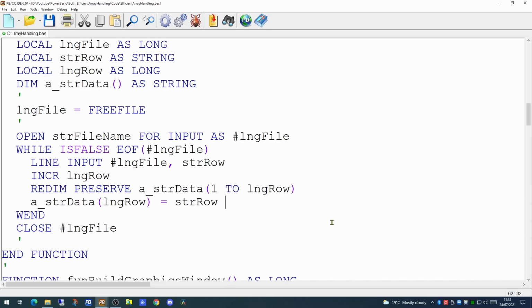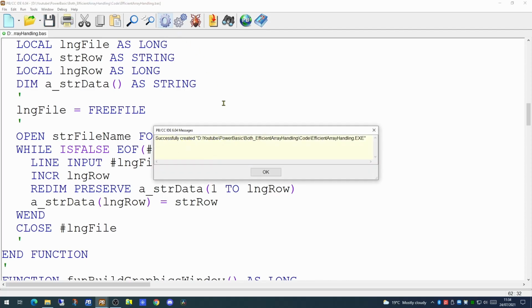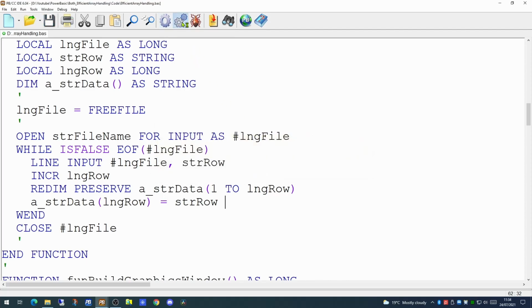We will open the file, and while the file is not at the end of the file, we will read one line at a time out of the file, increment a pointer to the array, redimension the array to make it bigger, and put the data into the array. So if we try compiling that to make sure we've made no errors, and if we try running that now,